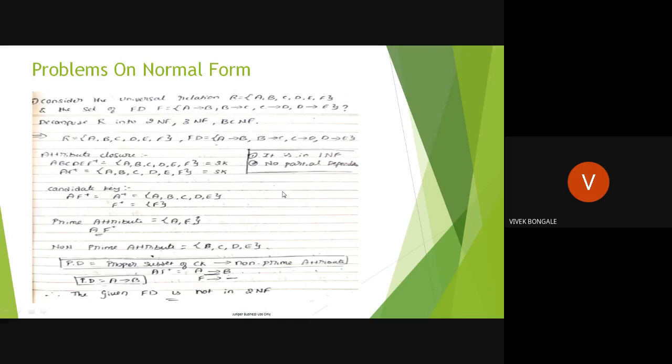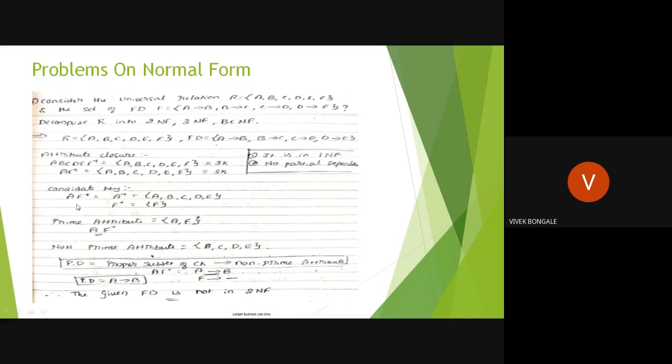And all super keys are not candidate keys. I will repeat, all super keys are not candidate keys. We have to perform some steps to find the candidate key. Already you know what that is, right? So now on these two, we're going to find out what the candidate key is, right? So AF, decompose this into proper subsets. What is the main condition to find out whether that attribute is a candidate key or not? The proper subset should not satisfy the super key. The proper subset should not be a super key, right? The proper subset of the attribute or attribute closure should not be a super key, right?